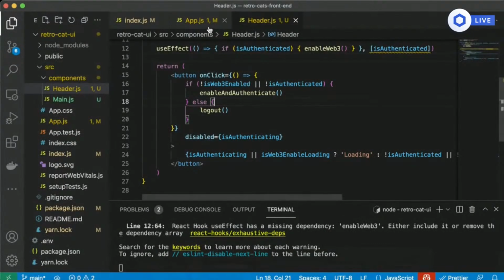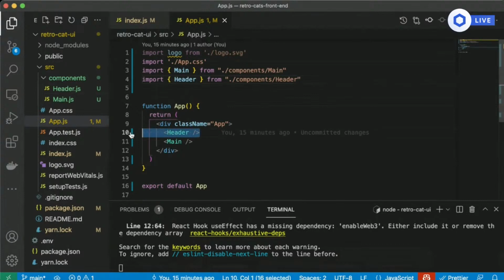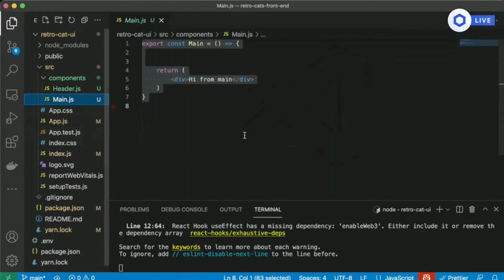So we have a header here, right? And we have it in here. Great, we can connect how we want. Let's go ahead and start doing our main application now. And this is where we're going to add this piece on how we can actually mint one of these cats here in our main application. So in main here,